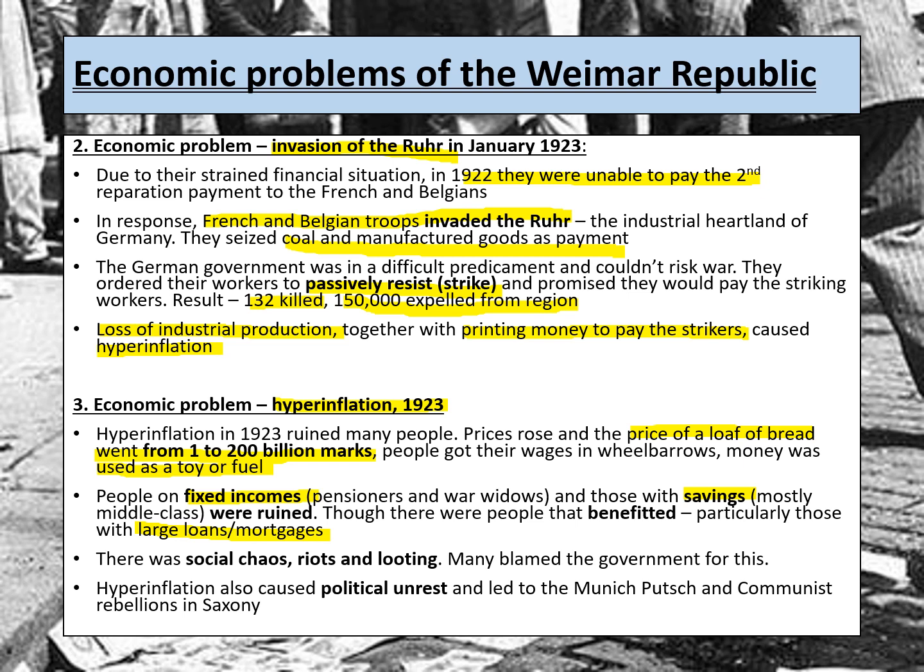Now, of course, hyperinflation then caused other political problems. So, for example, there was social chaos, there were riots and looting, and people blaming the government for this, which, to be fair, they had a point, because the government had been printing money to pay the striking workers that they had told to go on strike. So people blaming the government became a huge issue for Weimar, and it lost popularity.